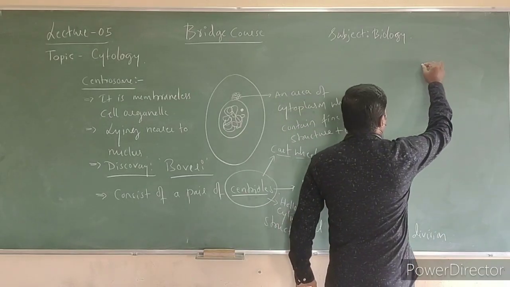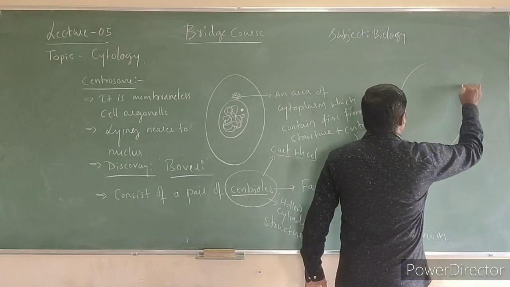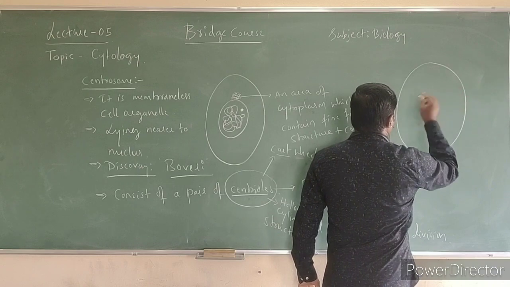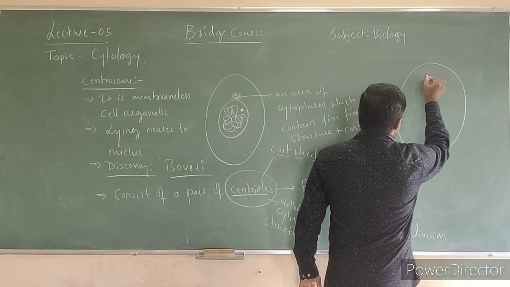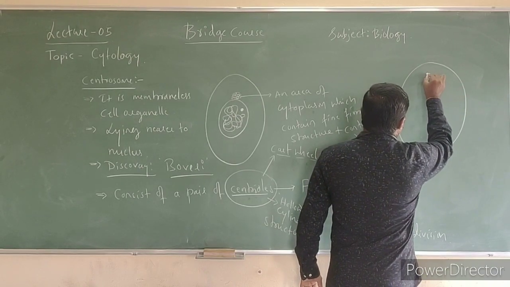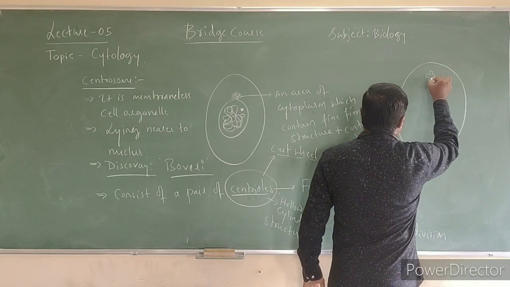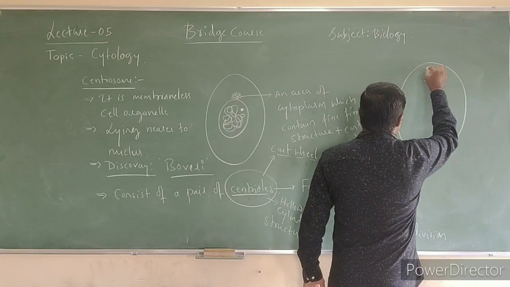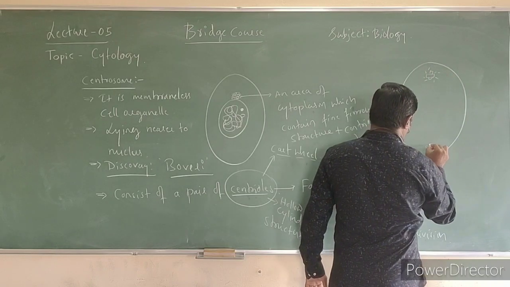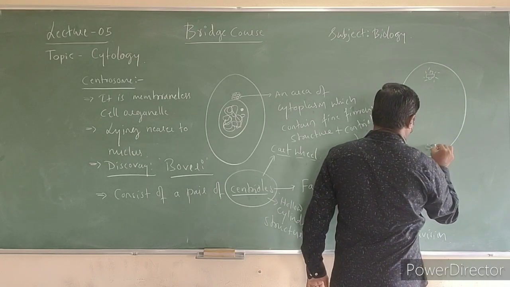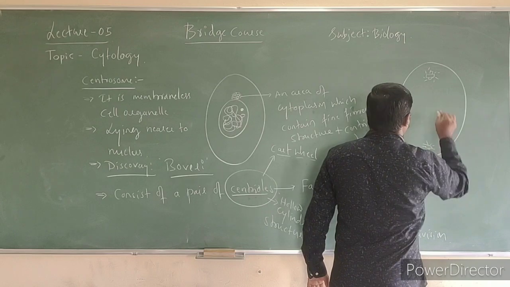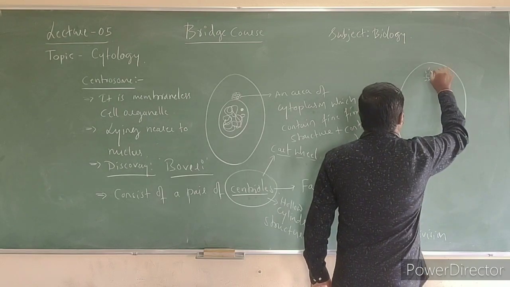So this is one animal cell, in which one centriole is on one pole and another one will be there on another pole,